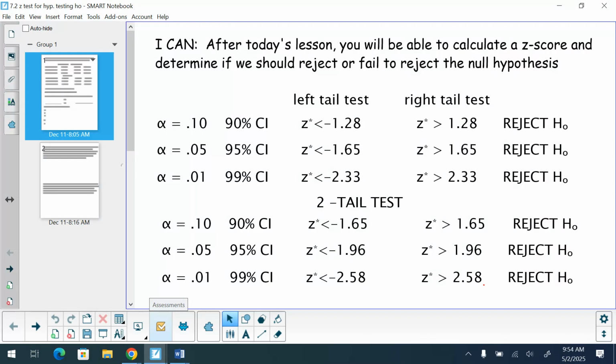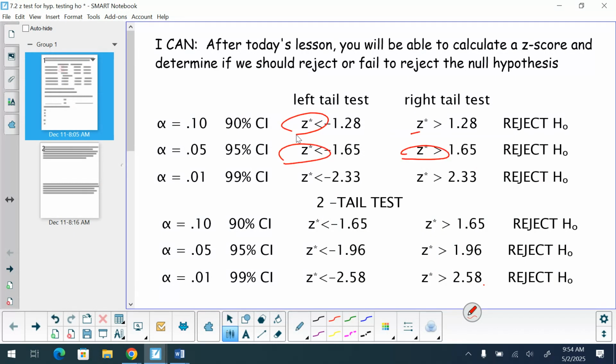Now, if we look at our t-table, our next step is going to find critical values. What I have here is critical values that are listed. But these are Z critical values. If we look at our t-table,